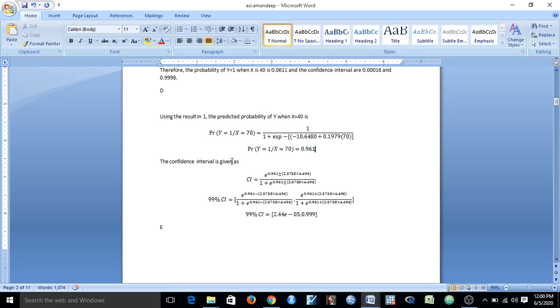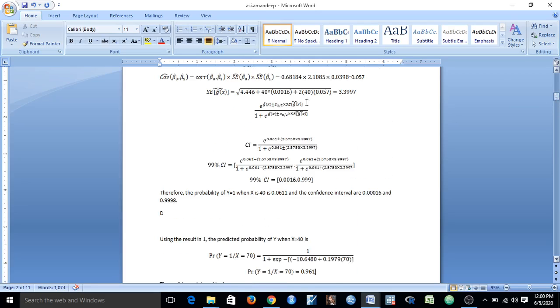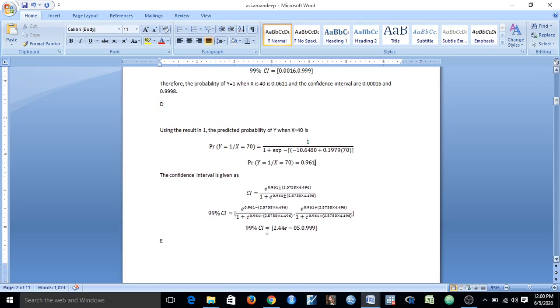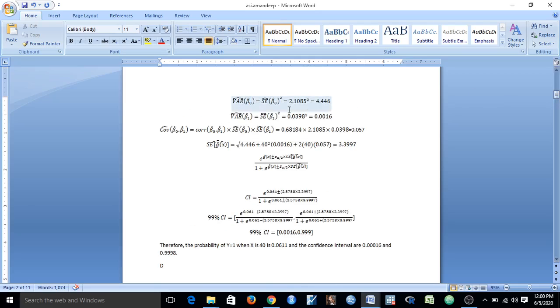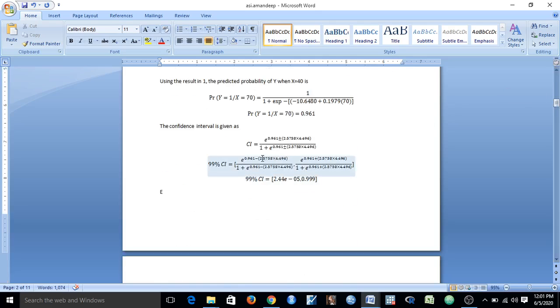Then we now get the confidence interval the same way we calculated all these. So we calculate again. So we have from our calculation the standard error of gx. I did not show all the workings here, it is 4.496, but it is pretty simple. What you have to do is all these are the same. The only thing you need to do is to substitute 70 here and 70 here, so you get your answer. So we have 4.496 times 2.578, and when we calculated this, we see that our 99% confidence interval is